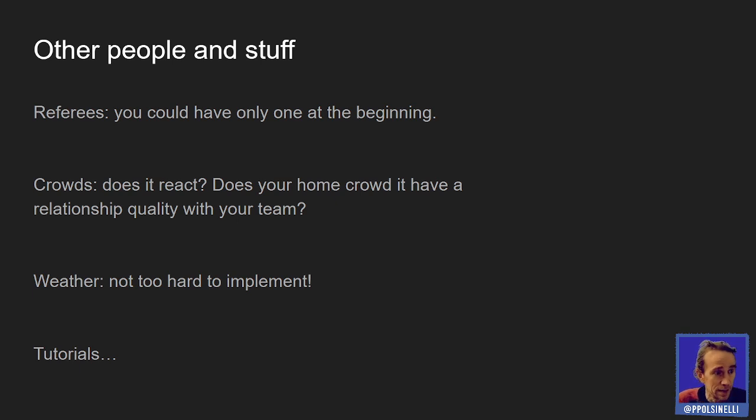Yeah, and then there's the stuff around it. So the referees, like instead of having a full team of referees, maybe you could have only one. Then there's the crowd. How is the crowd reacting? Does the crowd influence the play? How is the morale of the players influencing their AI reasoning, and so on? And then there could be more and more stuff, like the weather. Is the weather influencing play? Because that's not too hard maybe to implement,